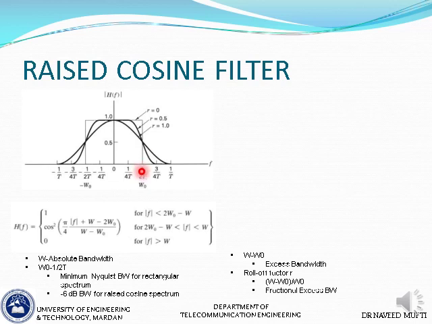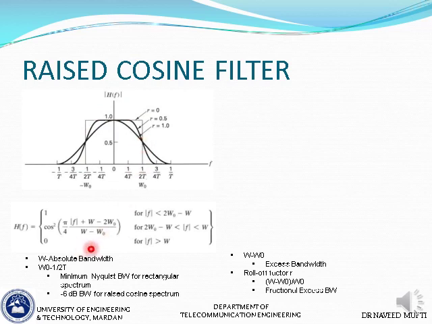So this W0 here represents the Nyquist bandwidth for the rectangular spectrum. ये हमारा ideal case है. And for the raised cosine spectrum, जिसकी ये मुख्तलिफ shapes हैं, it represents the minus 6 dB point या half amplitude point. ठीक है,